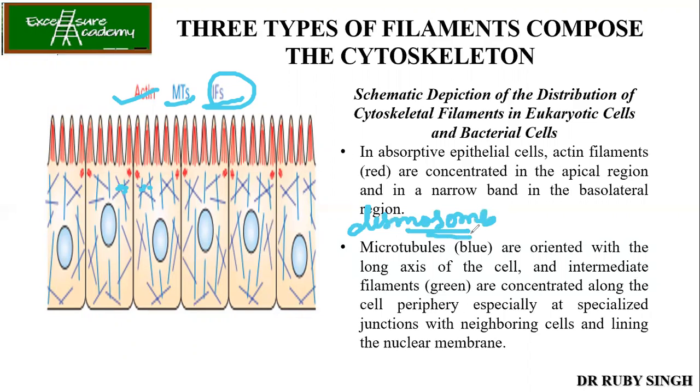We'll come to what desmosomes are and all. They are nothing but cell adhesion junctions that keep your two cells together. Those are desmosomes between two cells. Now, if it is between the cell and the extracellular portion that the cell is standing on, this is done with the help of hemidesmosomes. Between two cells, it is desmosomes. Between the cell and the extracellular matrix, it is hemidesmosomes. Okay.